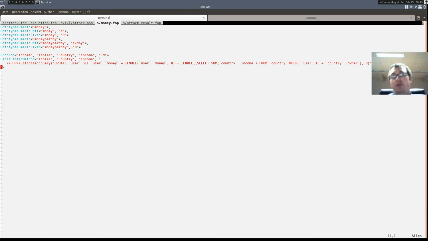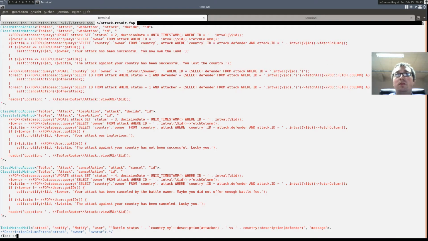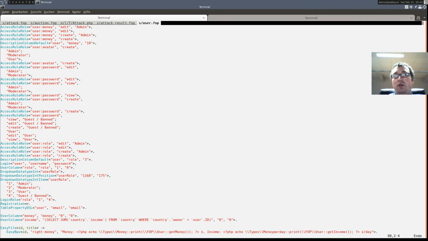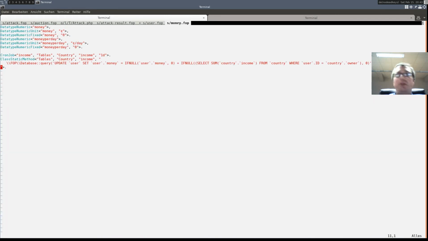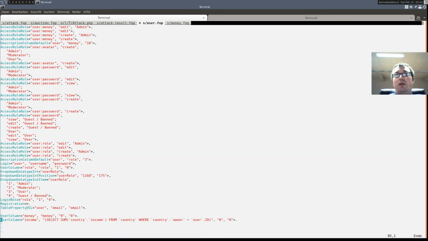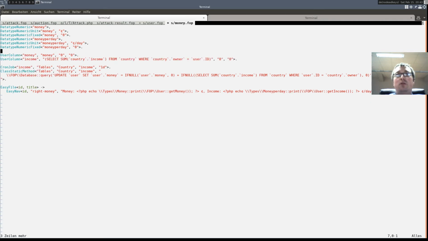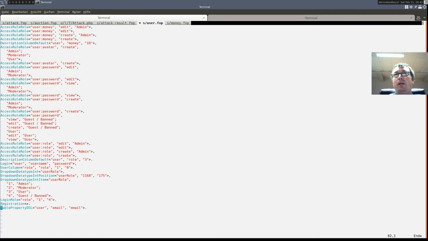Yes, in the user source. Let's move this code over to money, because it thematically fits better into money.